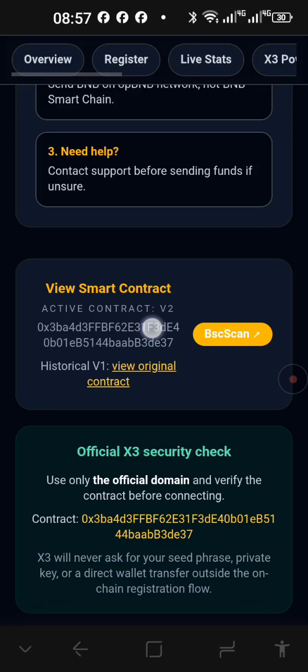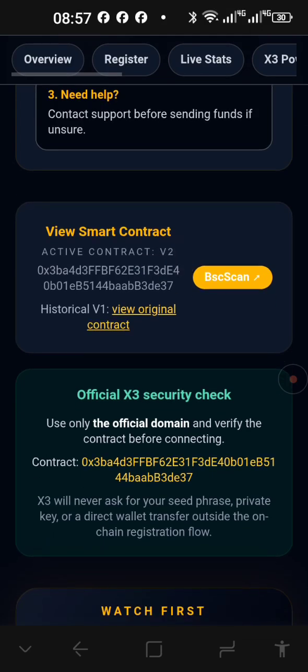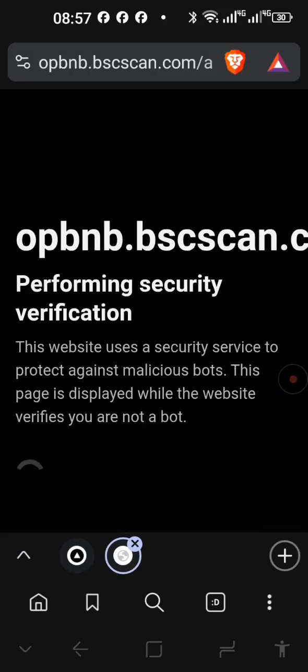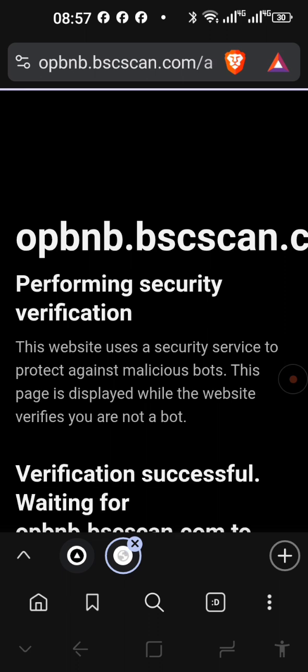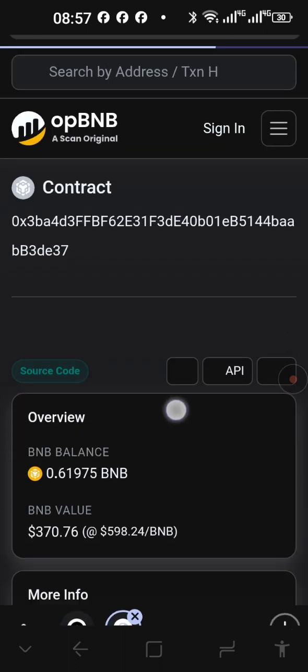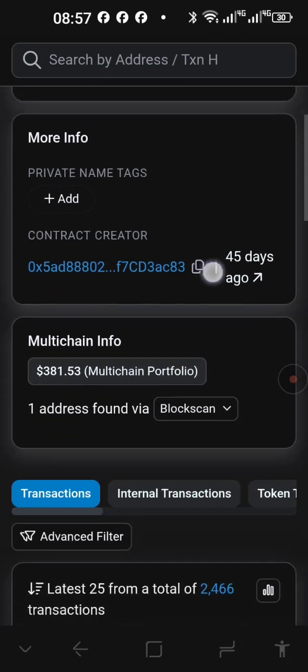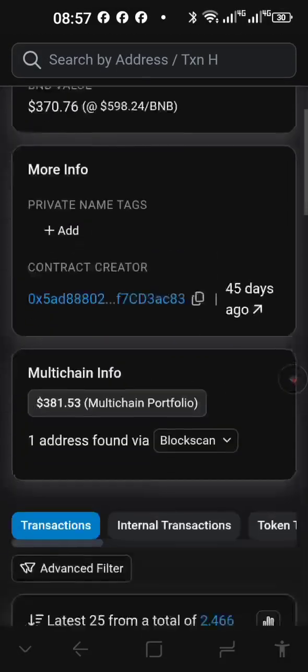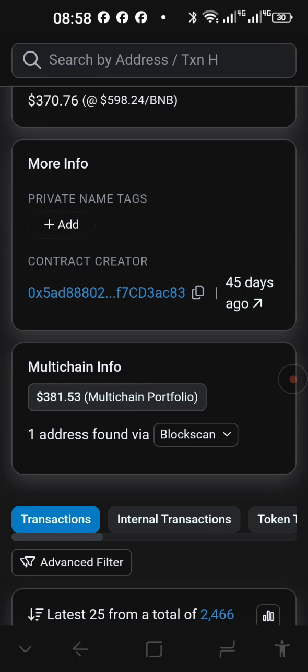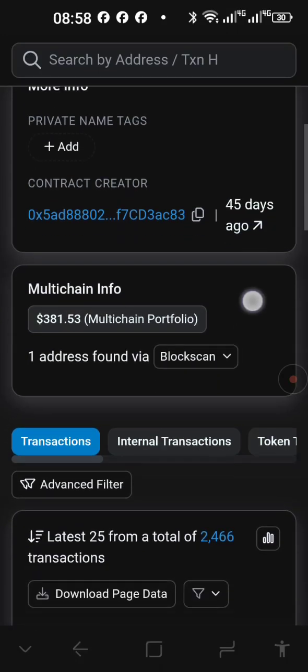Right, and then the smart contract, you can access it directly from here. Just press on the BSC scan. It will come directly to the smart contract. Remember, this smart contract cannot be changed. It cannot be stopped or modified. It can only be stopped in the case of emergency, that something is desperately wrong that no one can fix. But normally no one can make any changes to the smart contract. It will operate until the last day that the internet exists. And you can see that this smart contract was deployed 45 days ago.